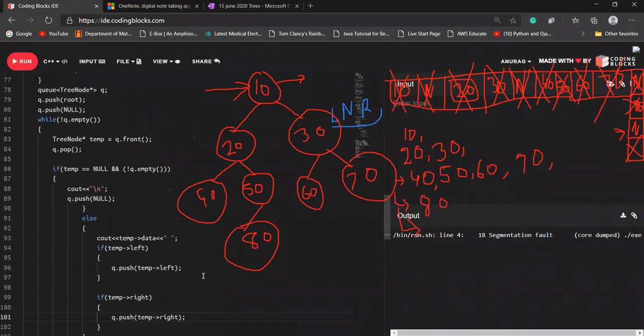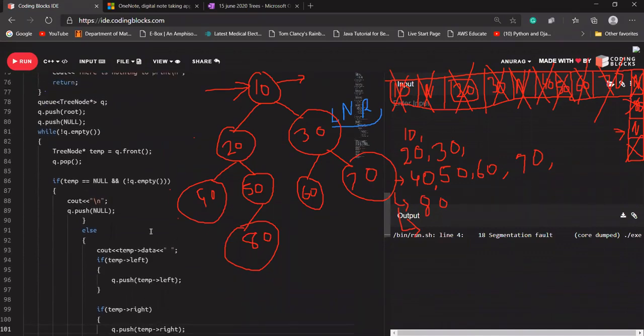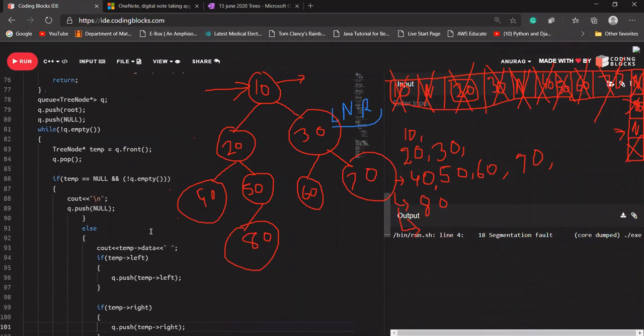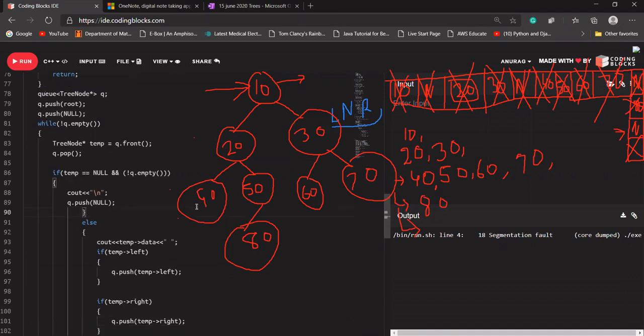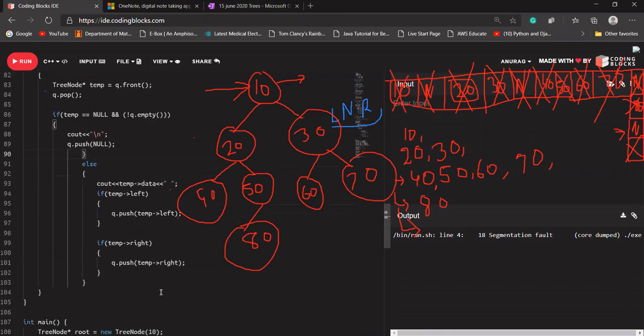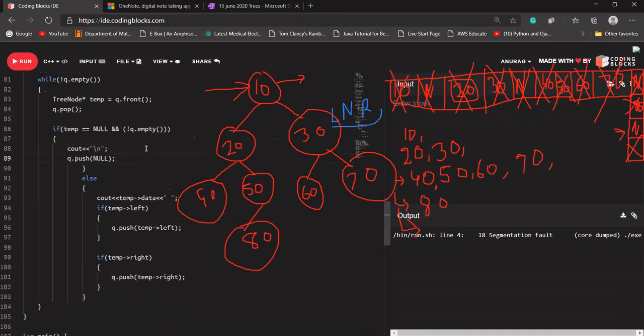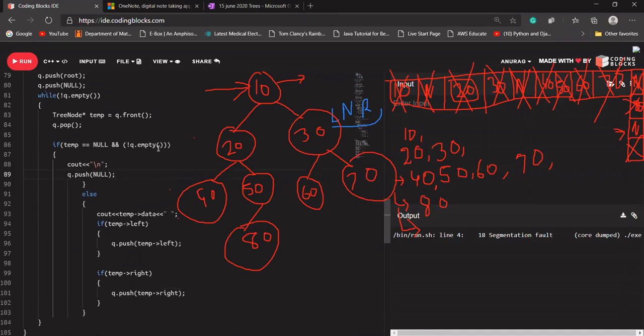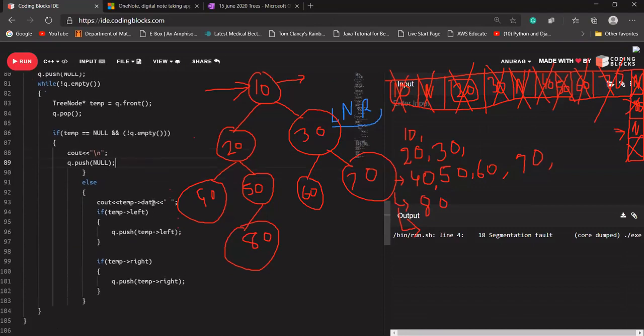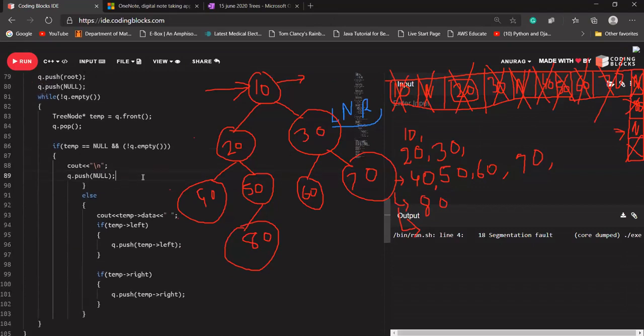Q is not empty. Whenever our temp is equal to null and Q is not empty. Okay, can somebody tell me why we are getting our segmentation fault here? That Q, temp is equal to null, should be Q dot push null.